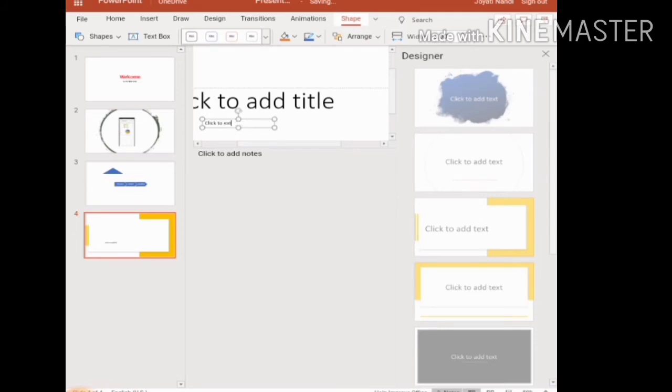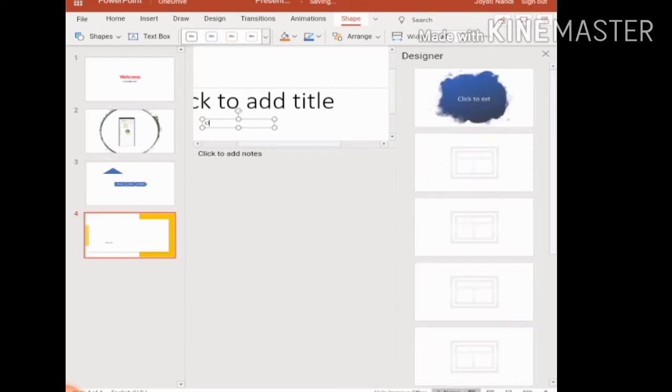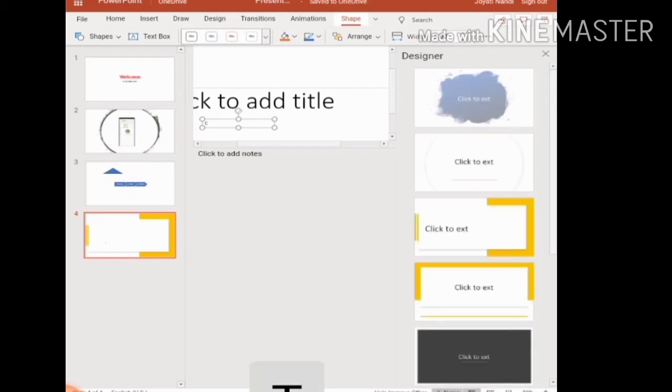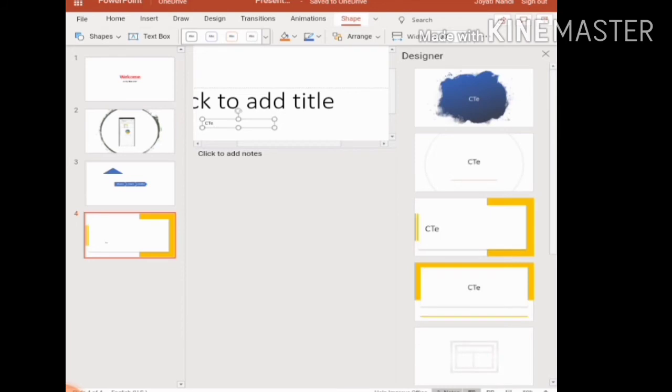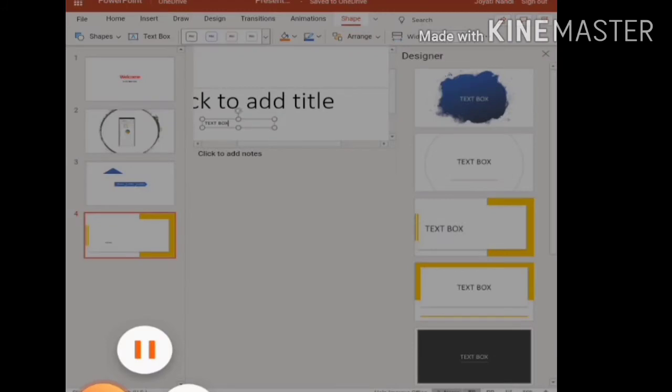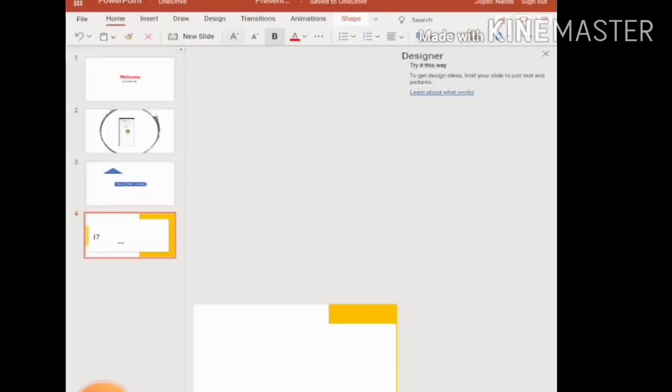Say for example, I am writing text box. So in this way, you can write anything within the text box. You can design by your own choice. Okay, so I'm just giving you the examples.